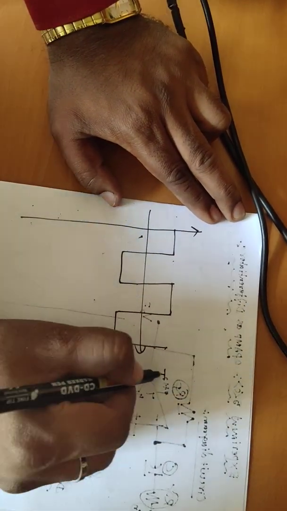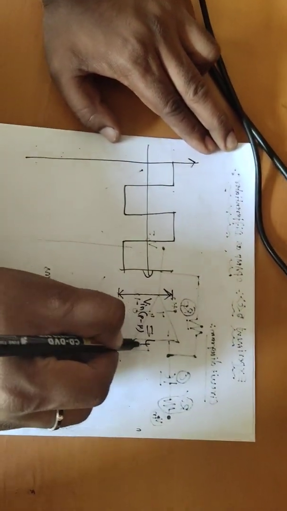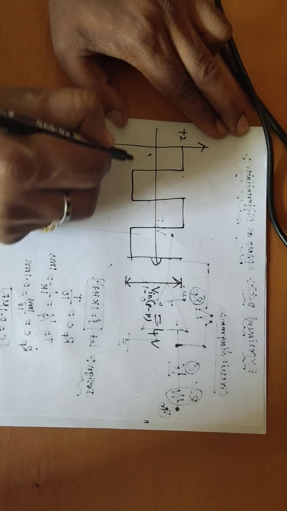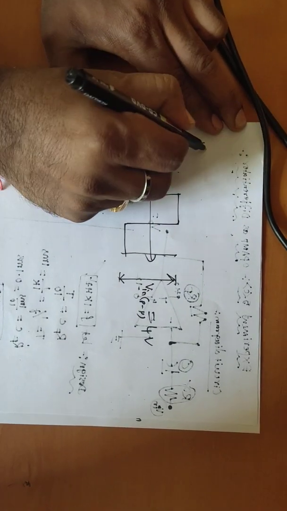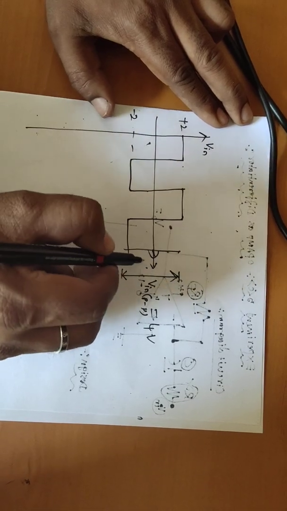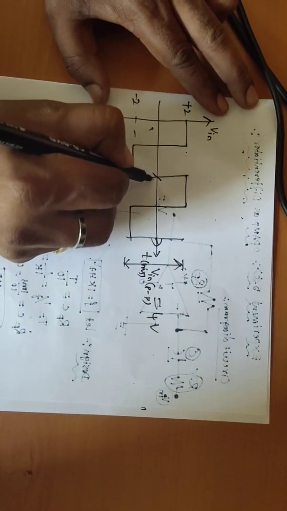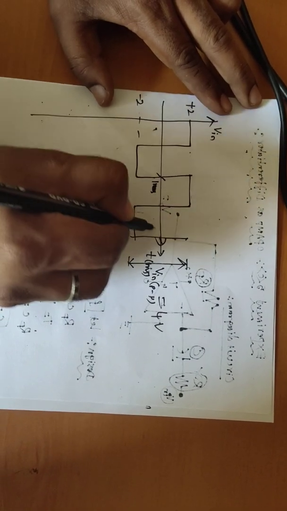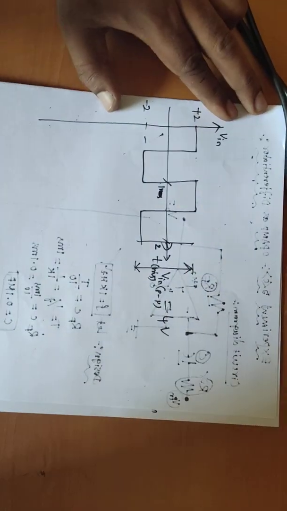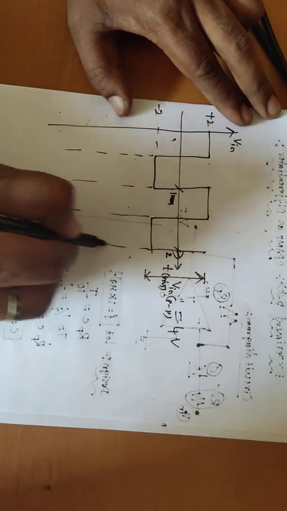Peak to peak value I am considering is, this is the V in peak to peak. So this I am considering as 4 volt. So the positive peak is +2 and the negative peak is -2. It is an input voltage signal. Since the frequency is 1 kilohertz, the time in milliseconds I have to mention. So for one complete cycle it is 1 millisecond, and the second cycle ends at 2 milli. So these are the references I will take to sketch the output voltage signal.